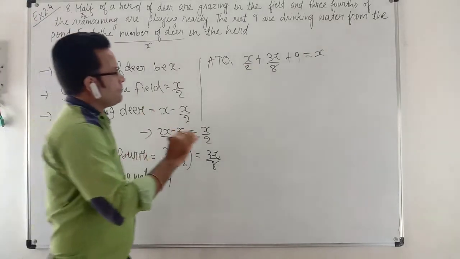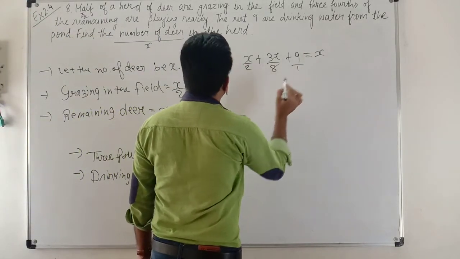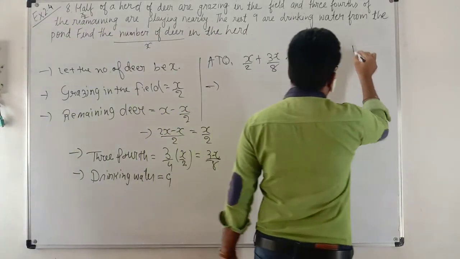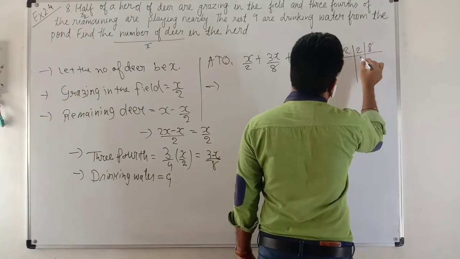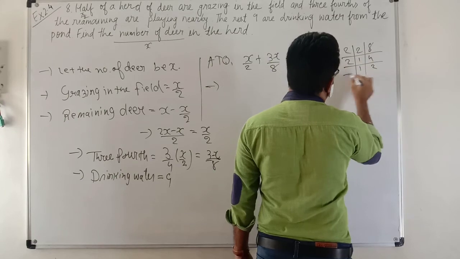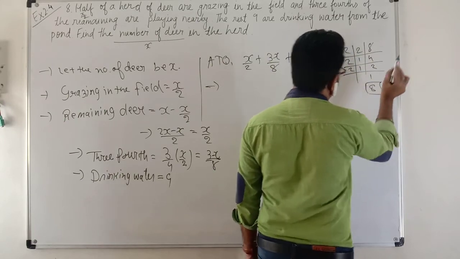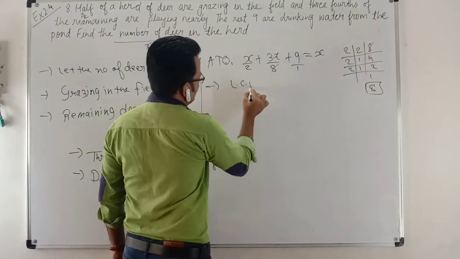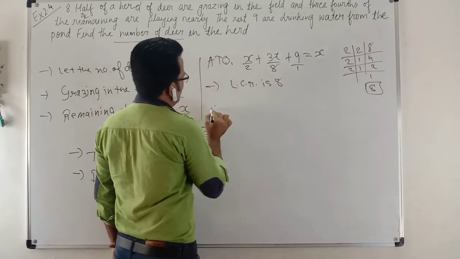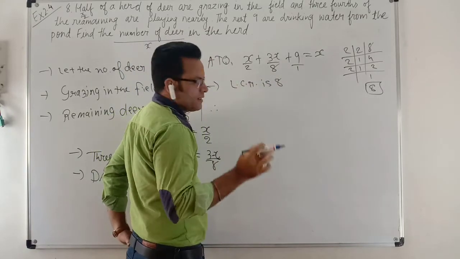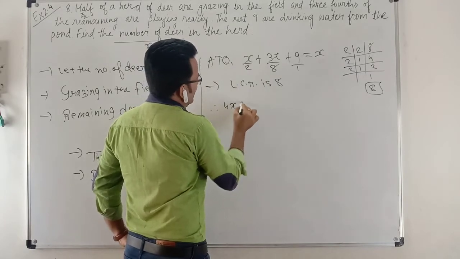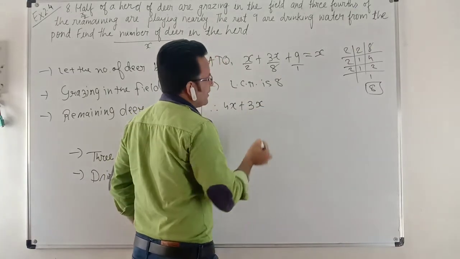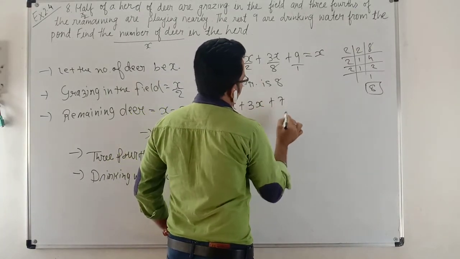Now see, here you take the LCM of 2 and 8. LCM of 2 and 8 you have to take. 2, 8: 2 ones are 2, 2 fours are 8, so it will be 8. Here you should write that LCM is 8. Therefore, in the table of 2, where comes 8? 2 fours are 8, so 4x plus 8 ones are 8, so that will be 3x, because 3x ones are 3x. 1 eights are 8, so that will be